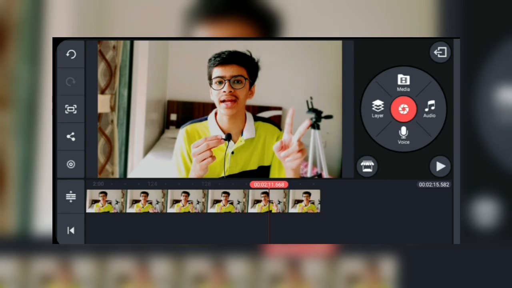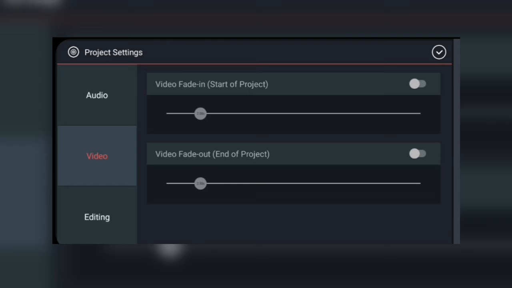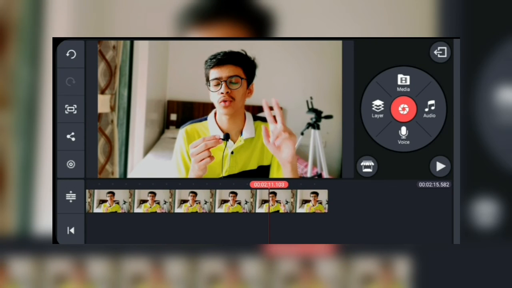And to add extra professionalism to this audio fade out, you simply need to click on the settings option and go to the video folder or video menu, and over here you need to select the second option, which is video fade out. Now over here a professional tip I want to give you guys is that the timing of this video fade out and the timing of audio fade out should be the same, be it 3 seconds, 4 seconds or 5 seconds. It should be the same for both, so it can synchronize properly and it looks much more professional.